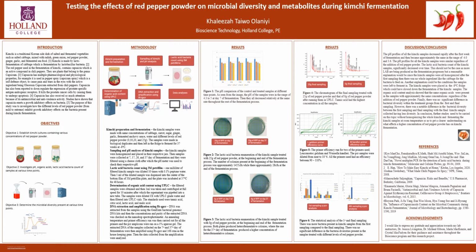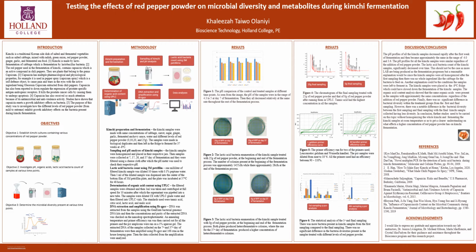So the first step was to prepare and ferment the kimchi. The kimchi samples were made with the same concentrations of cabbage, carrot, sugar, ginger, garlic, and fermented anchovy sauce, as well as water, and different levels of red pepper powder were used. The samples were made in biological duplicates and then left in the fridge to ferment for 37 weeks at -8